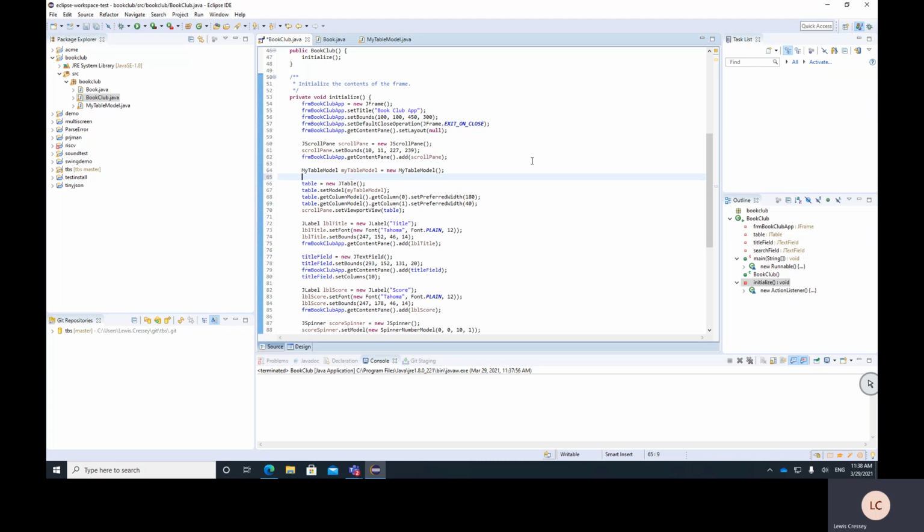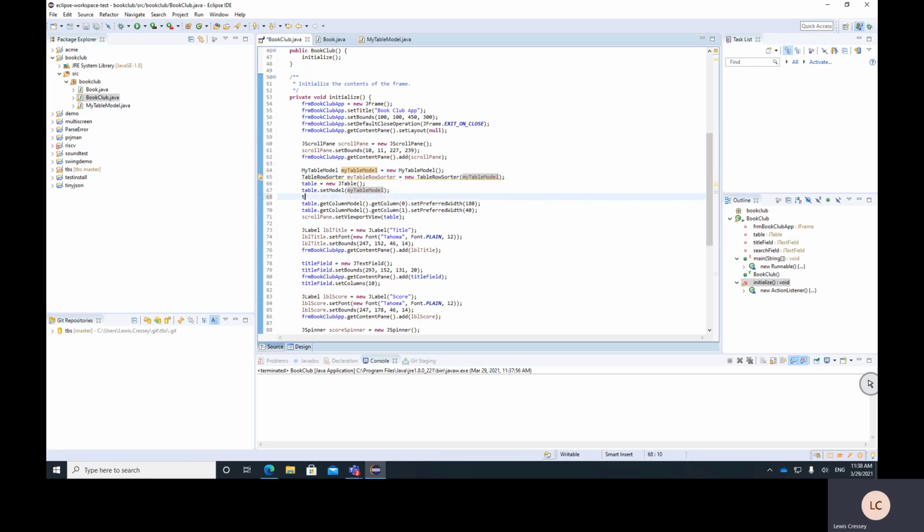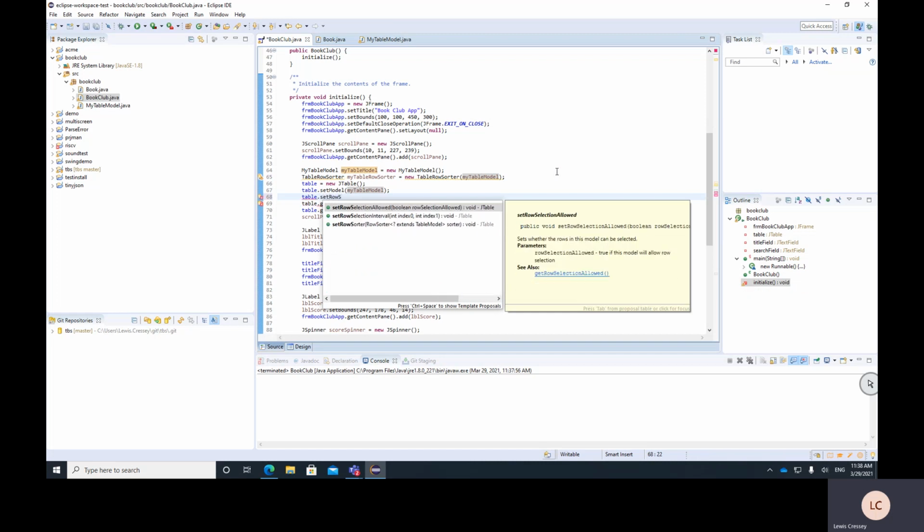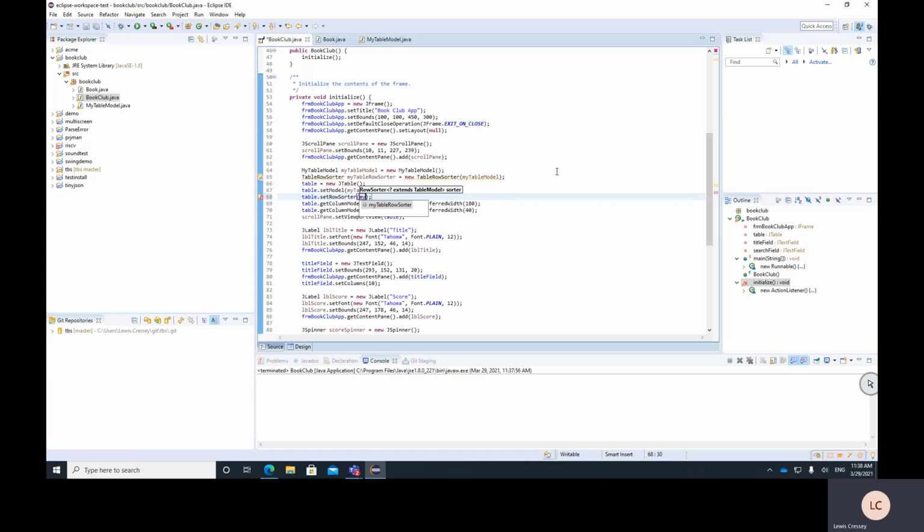So what I'll do is create a table row sorter. Now, when you create the table row sorter, you need to provide your table model. So create the table model first, and then create the table row sorter and pass your table model inside the brackets. Now, the next step is, after setting your model, you need to set the row sorter. So set row sorter, table row sorter. Now, if I run the program again,